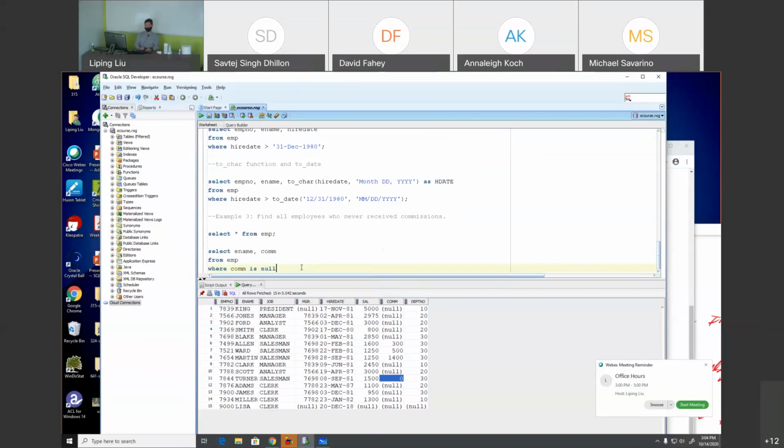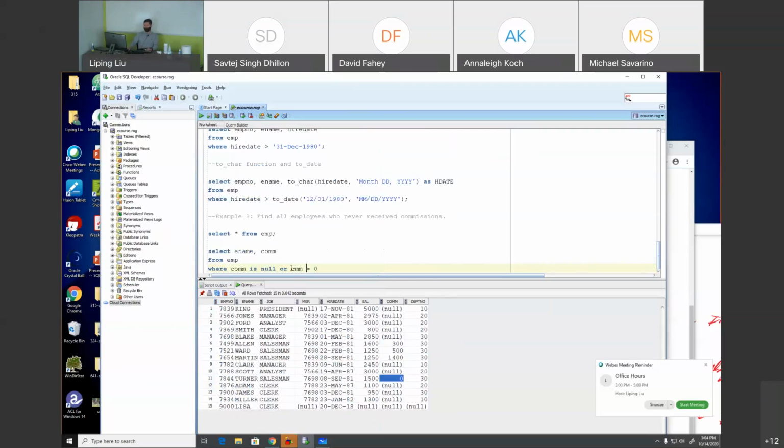But that's only one possible case. Another possible case is commission equal to 0. So basically I have 2 possibilities, either this one or this one, right? So you use OR to connect them. When you use OR and AND, make sure each part is a complete condition. You cannot do something like this, just equal to 0. This will not work. Do you understand why? Because you do not have a complete condition. Equal to 0, what equal to 0? You have to specify that, so comm